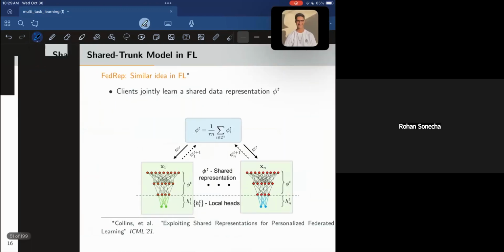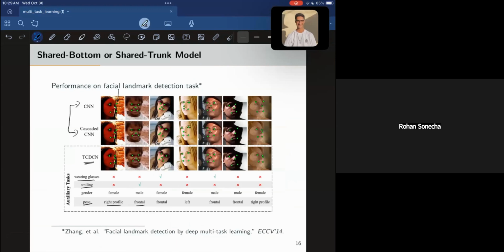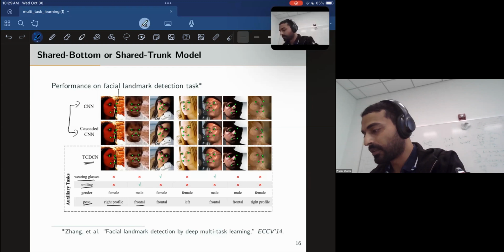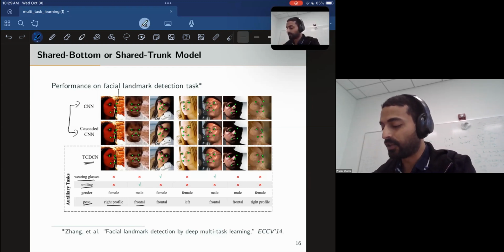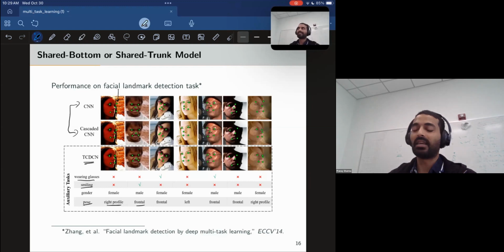Can I ask a question? Yeah. So, can you explain some intuition, I guess, of why, if we're learning more tasks at once, it performs better at just doing facial landmarking specifically? Yeah. So let me first say that